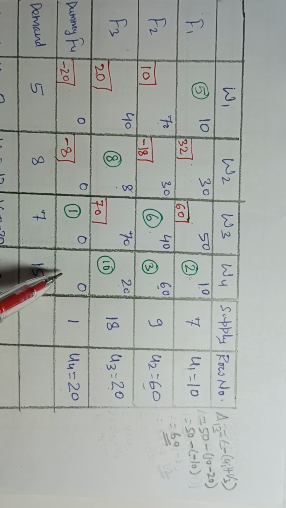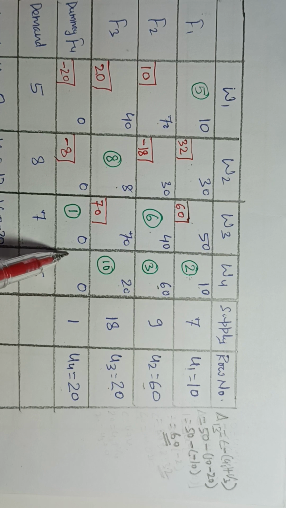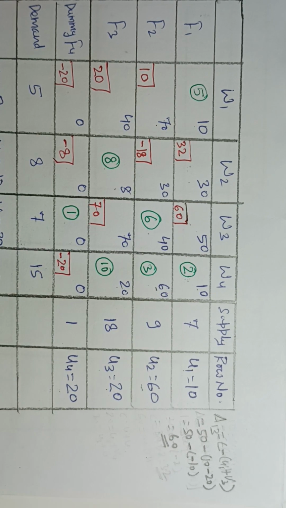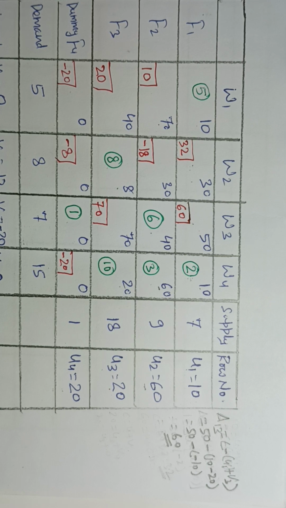And one cell is remaining unoccupied. So this would be 0 minus 20, and here v 0. So this would be minus 20. So in this way we have calculated the opportunity cost for each unoccupied cell, which denotes the figures written in